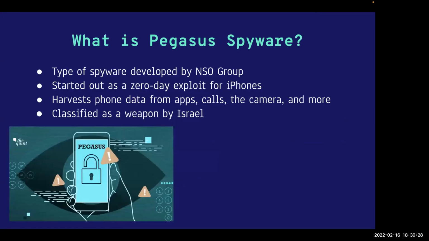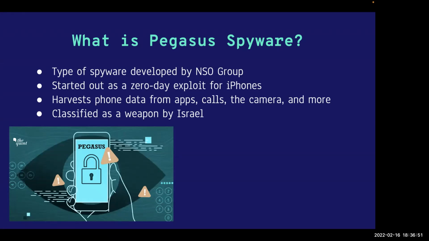First off, what is Pegasus spyware? So the type of spyware is developed by the NSO Group, which is a company in Israel. It first started out as a 0-day exploit for iPhones. Well, not just one 0-day, but 3 0-day exploits chained together. It harvests phone data from apps, calls, the camera, and much, much more, and is actually classified as a weapon